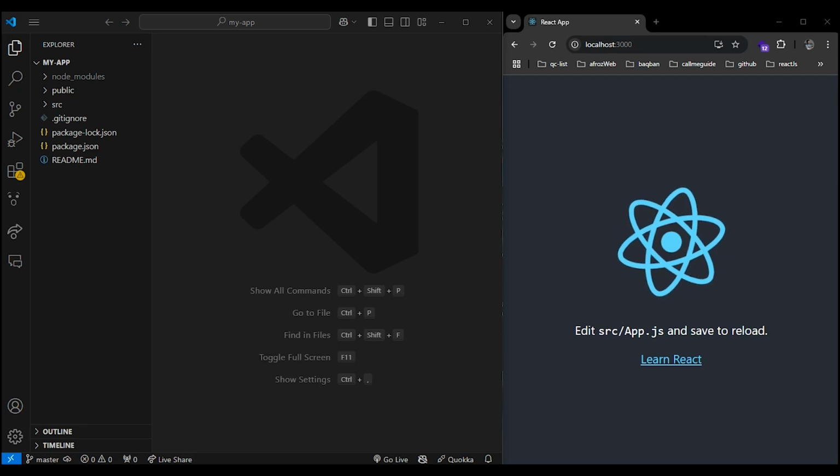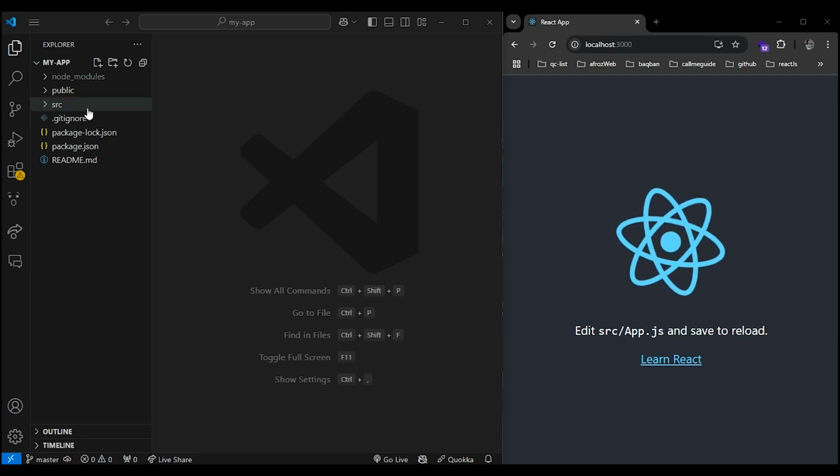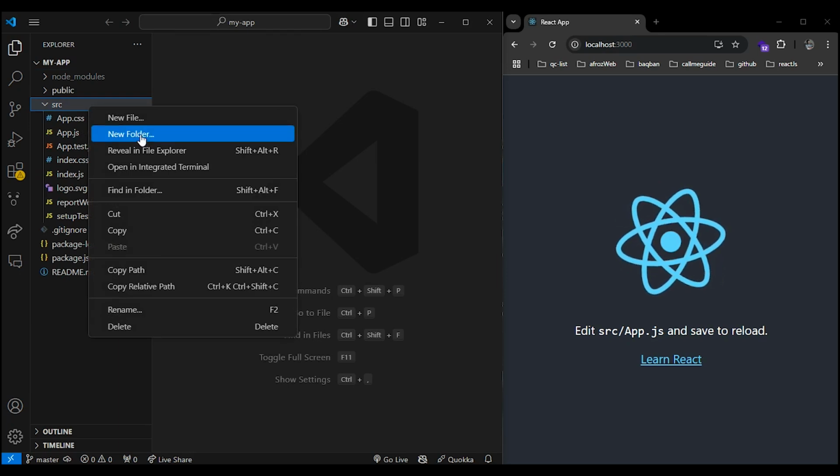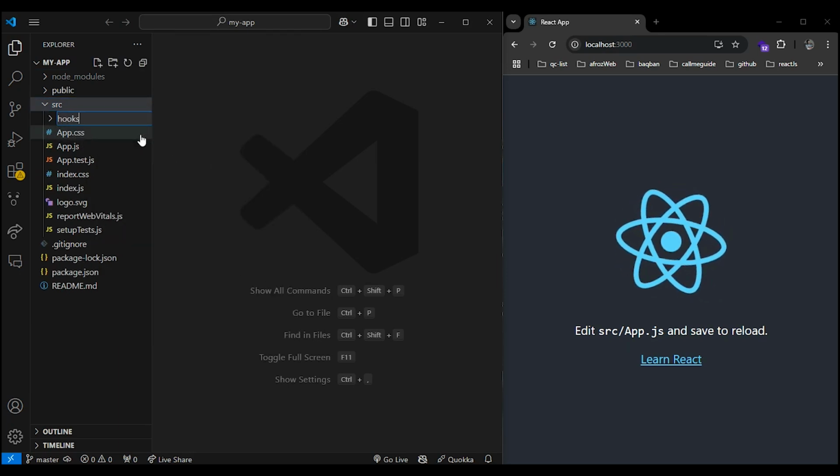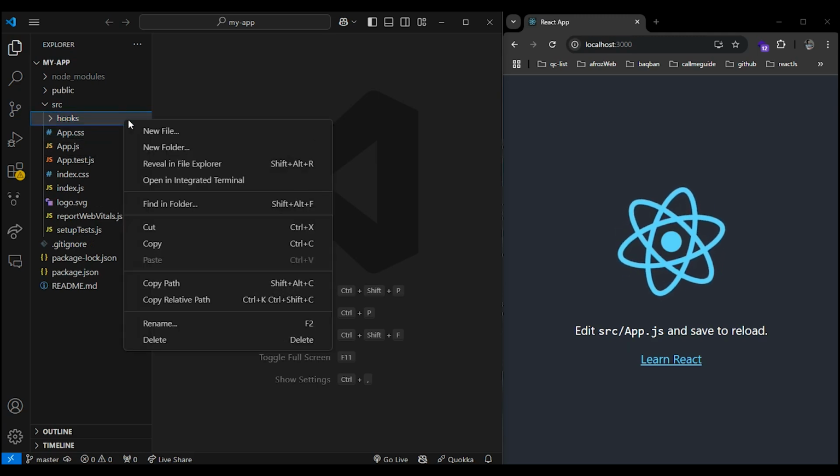Let's say you are fetching data from an API in multiple components. Instead of duplicating the fetching logic, we will move it into a custom hook. First, we should create a custom hook file in our source folder, and we should create a folder called hooks. And in our hooks folder,